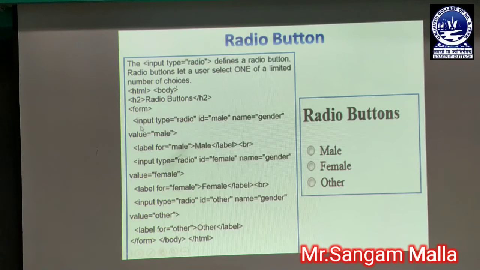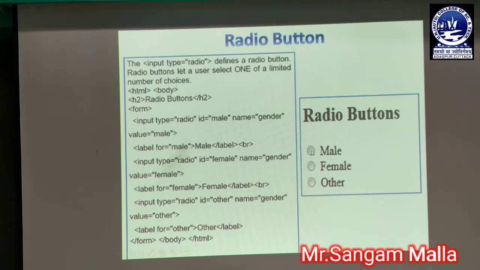Now inside the form tag we have used input type equal to radio. That means we have given a radio button over here with the ID as male and name as gender. Here name as gender defines the section. That means under the gender section there will be three values, that is male, female and other. Similarly, when I give input type equal to radio, it puts up a radio button with the ID as male, which will be used in the programming, and value equal to male. That means whenever we click on it, this radio button will return male while posting the value from one page to another page.